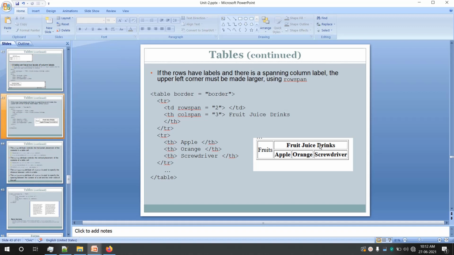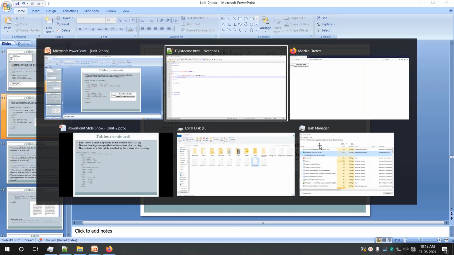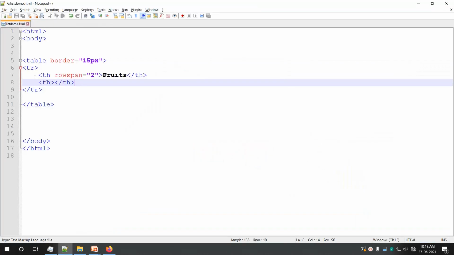So let us write it. It is fruit juice drink. Okay, and this should take 3 columns.